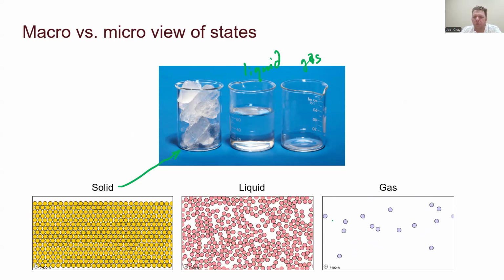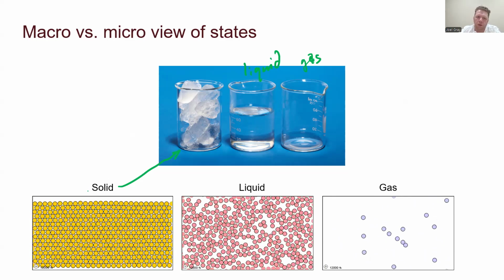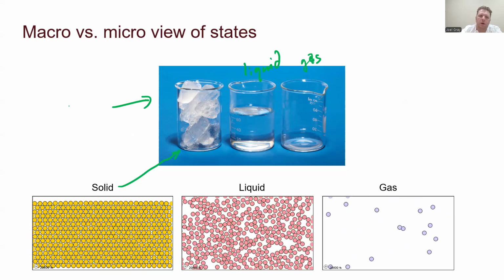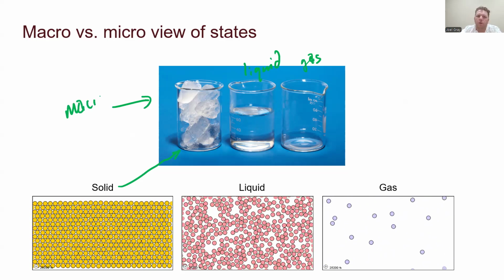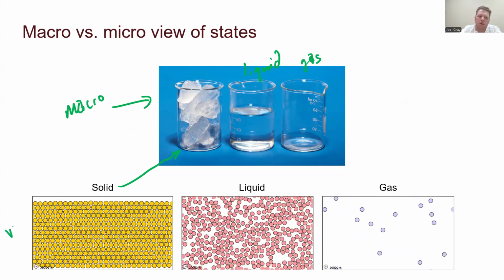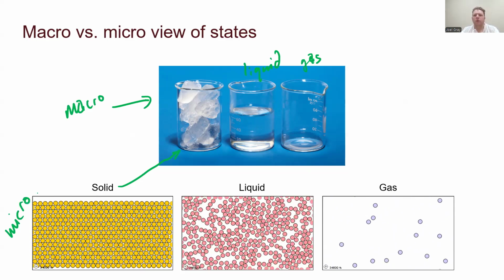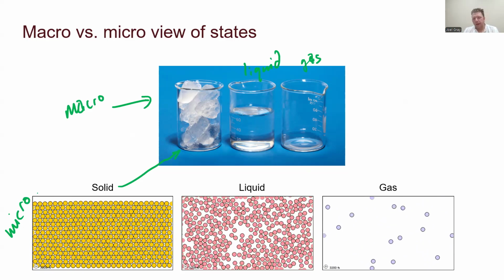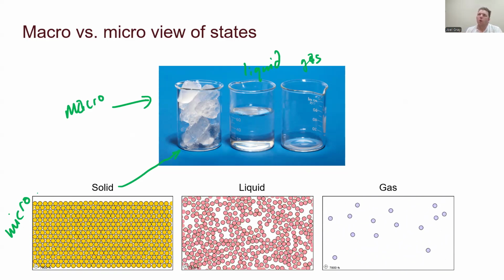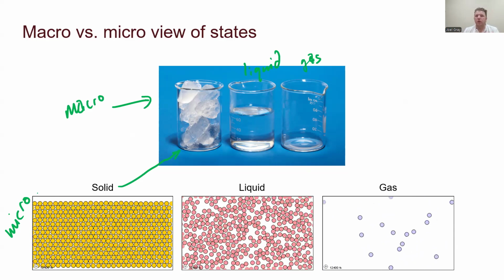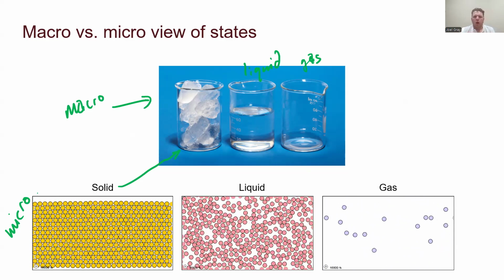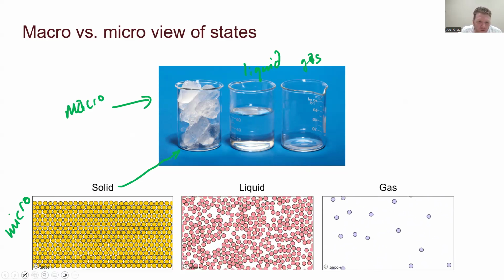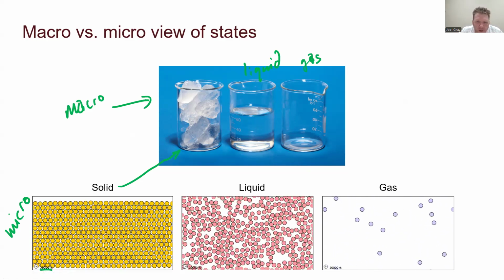But my point is that we have a liquid, a solid, and a gas. These pictures up here are their macro states. Down here are their micro. When we look at these solids, liquids, and gases at the molecular or the atomic level, these are the differences that we see. One of the things that I want you to notice is in the lower left-hand corner of each one of these, there is